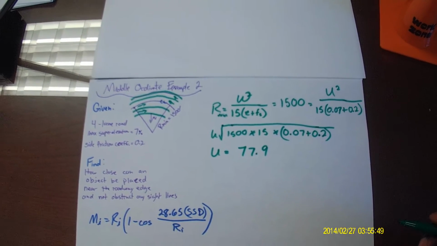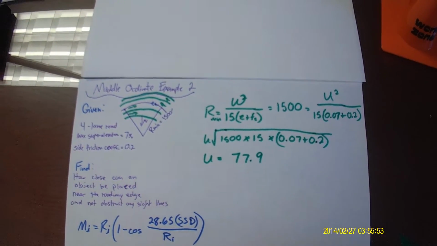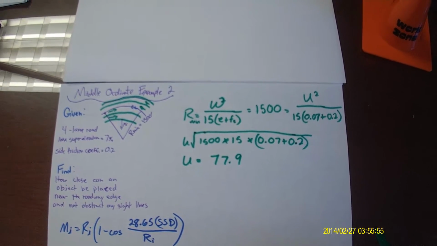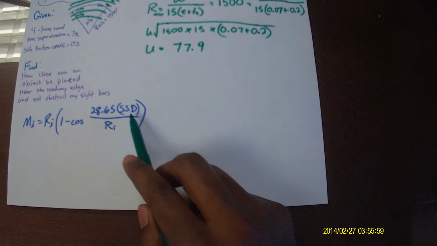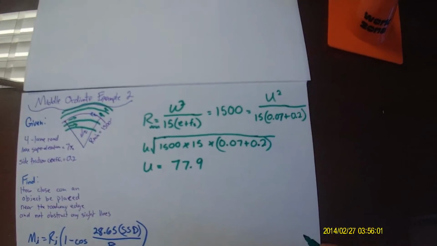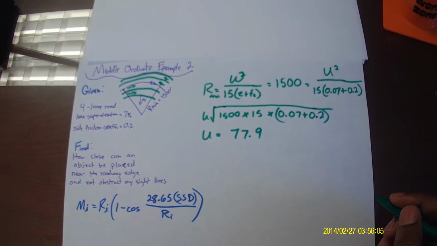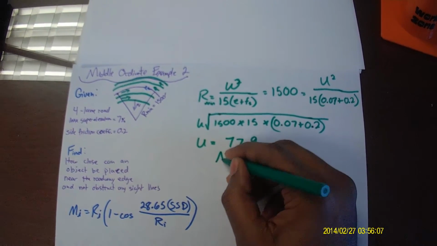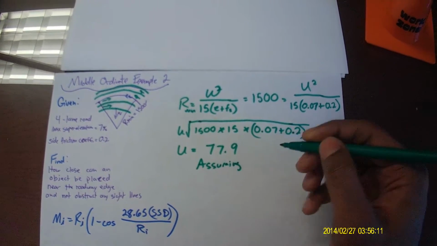Now from there, I have my speed, which means I can figure out what my stopping sight distance is. And if I can figure out my stopping sight distance, I'm that much closer to figuring out what my minimum radius is. So, continuing on here, let's figure out our stopping sight distance. I didn't give you any information about the grade, so assuming the road is level,